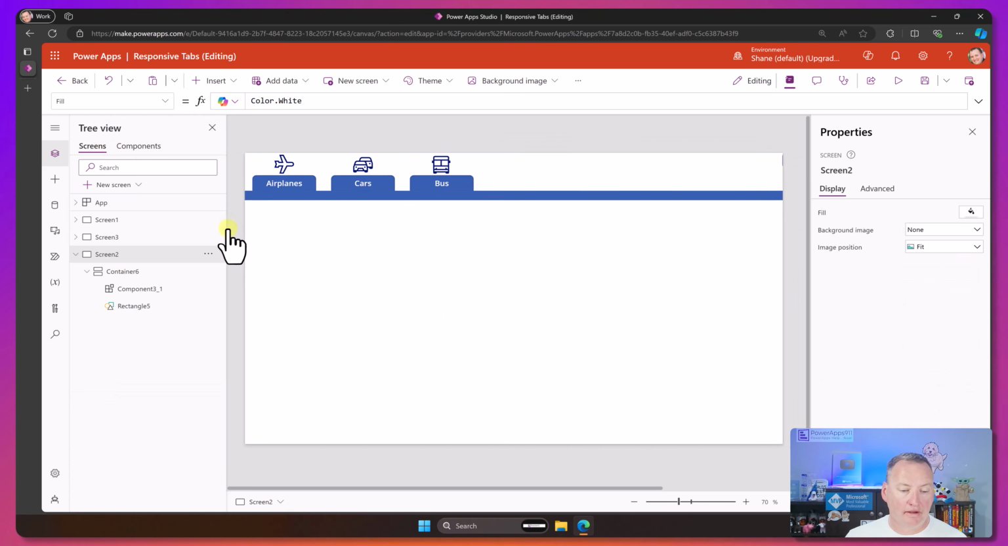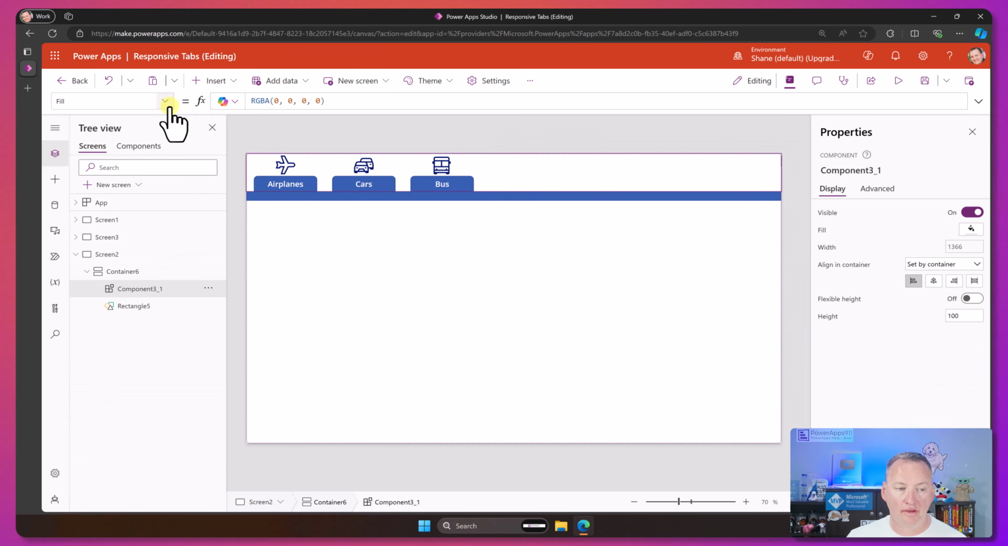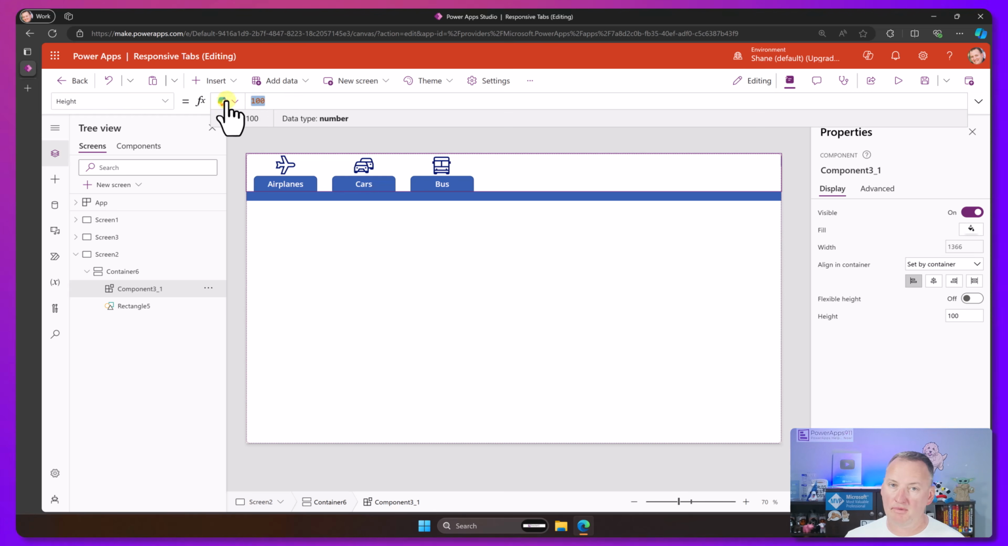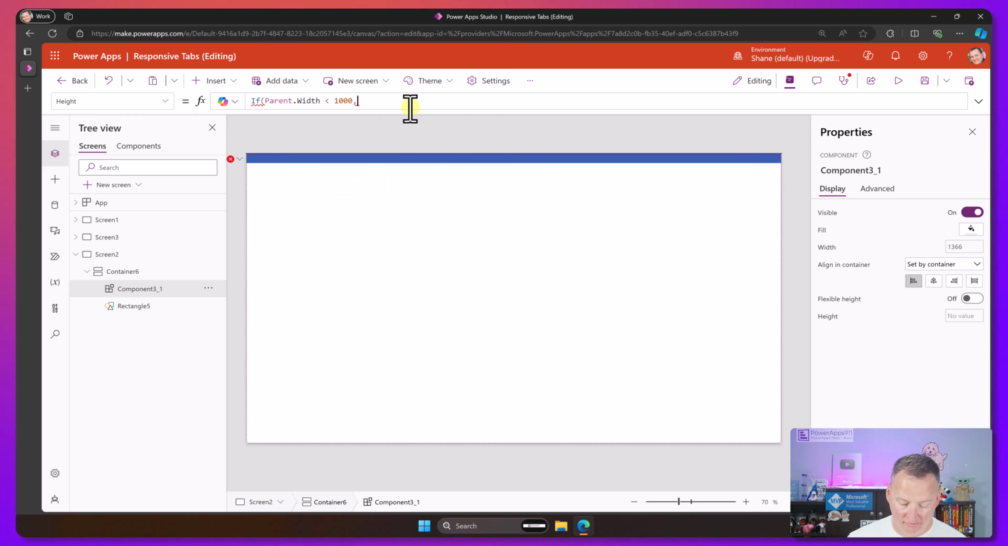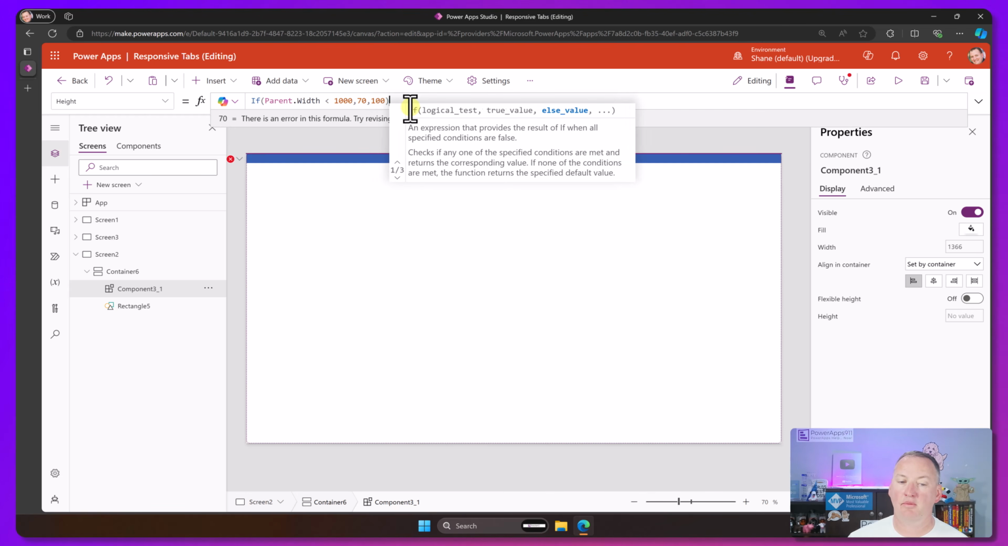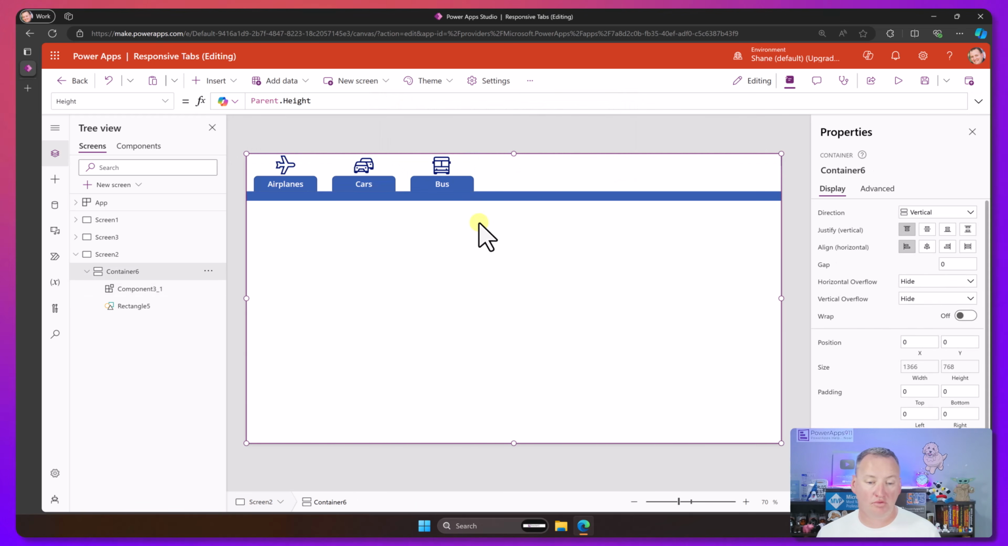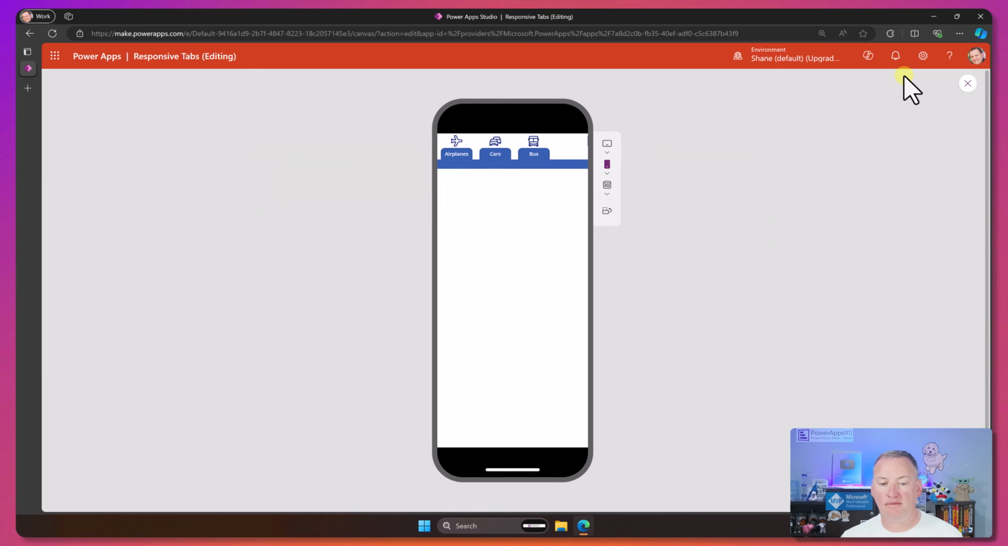So we need to go back over here and say, hey, Mr. Component, your height, which is currently 100, we want to use our same formula. If parent width less than 1,000, then I want you to be 70. And if not, I want you to be 100. Okay, so this still looks the same like it should. And if we say play,